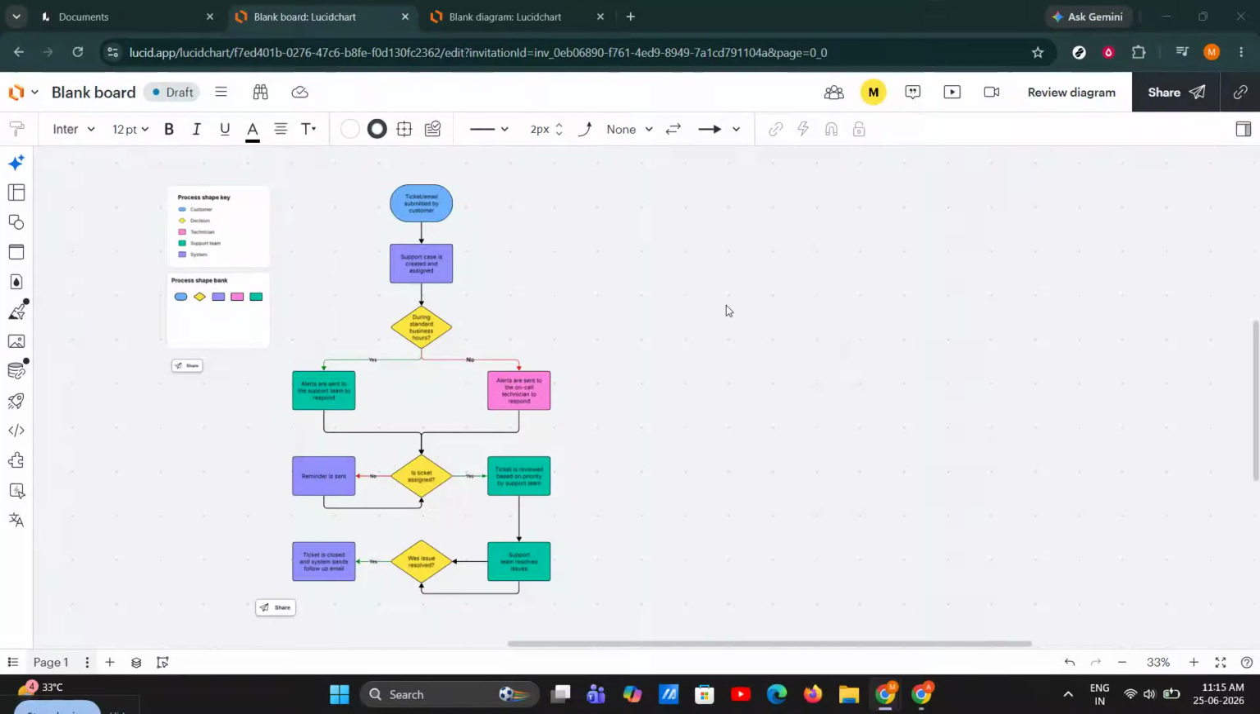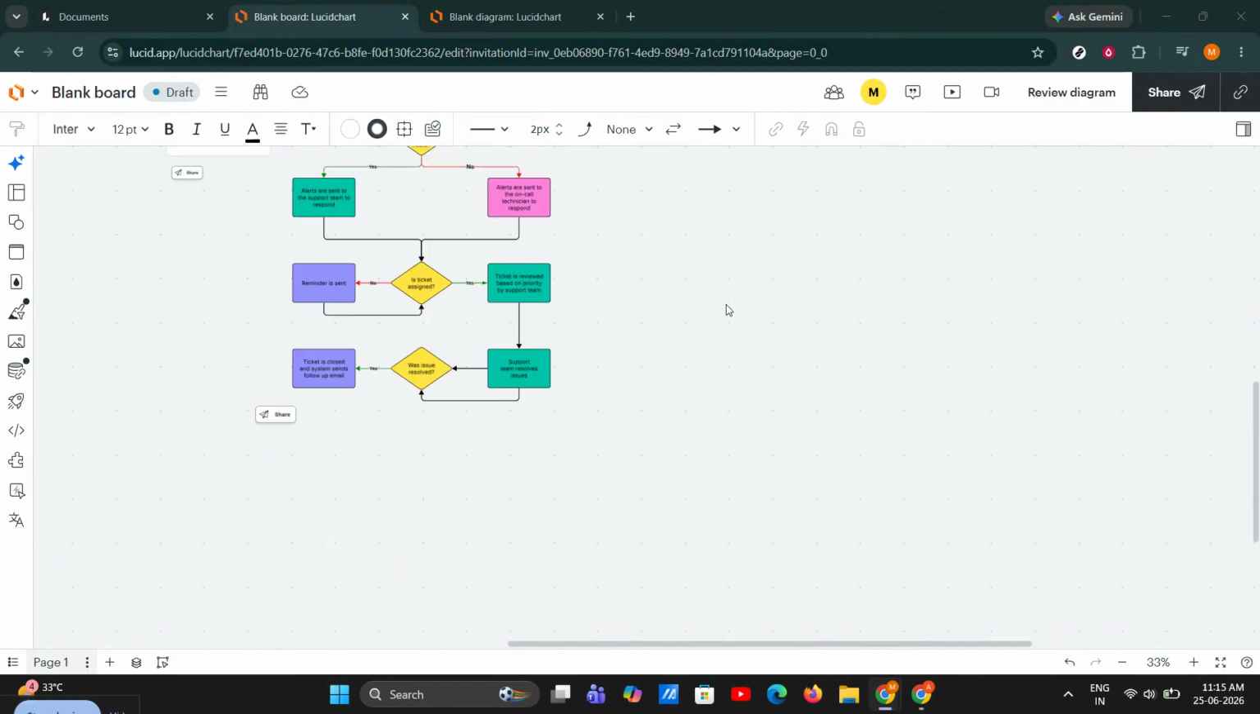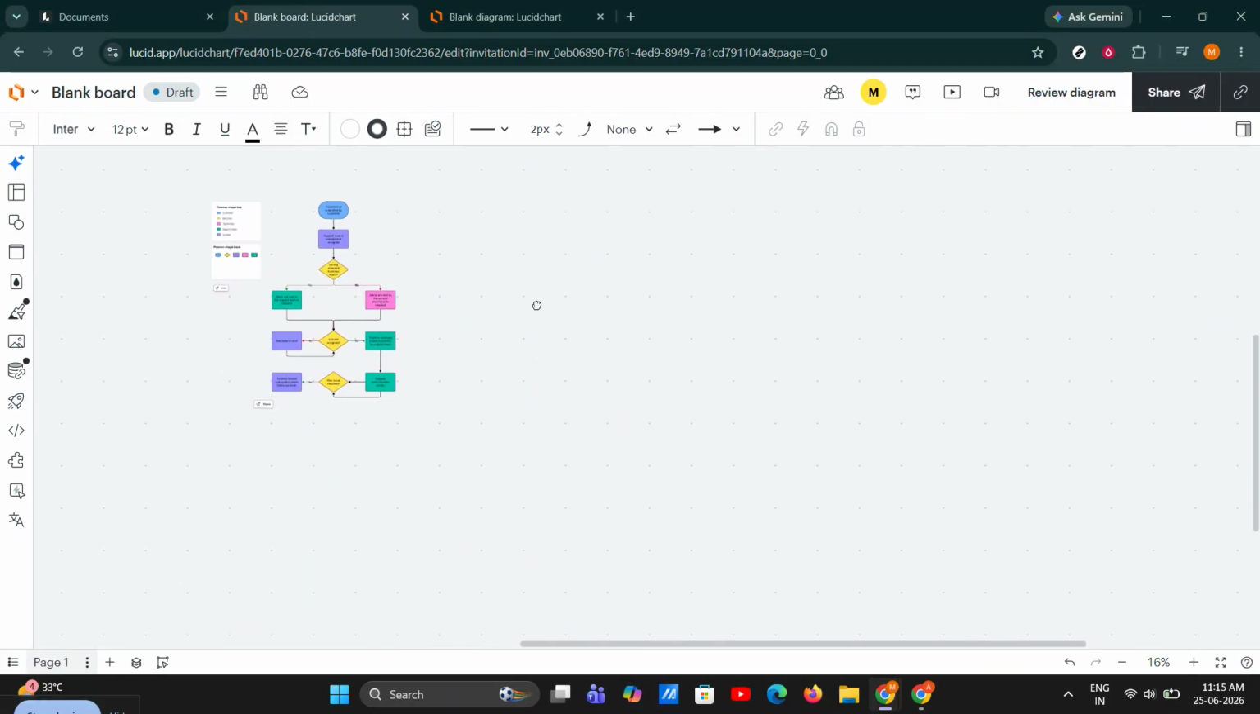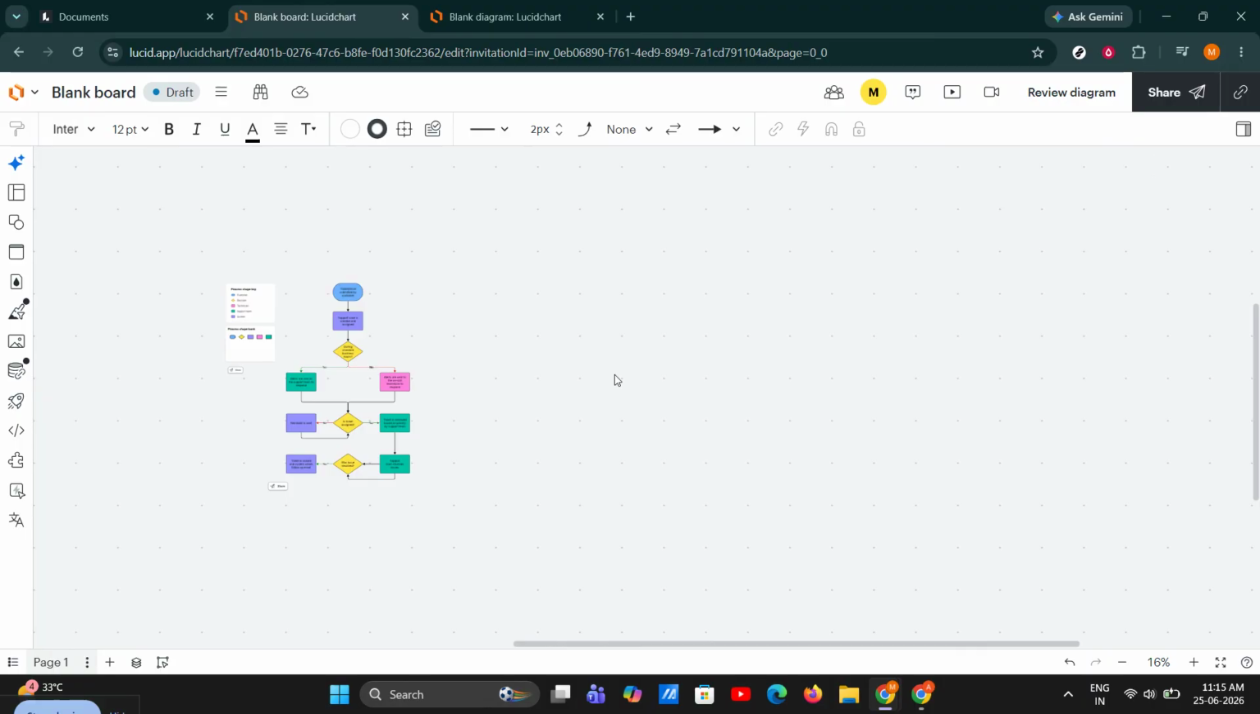If you've ever opened a Lucidchart diagram and felt like everything was just a little too small to work with, this video is for you. In the next few minutes, I'm going to show you exactly how to zoom in on Lucidchart using a mouse, a trackpad, keyboard shortcuts, and the on-screen zoom controls. This is a super simple skill, but once you know it, it can make diagramming a lot faster and a